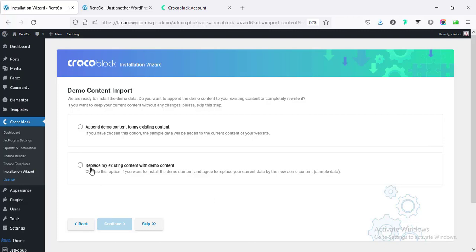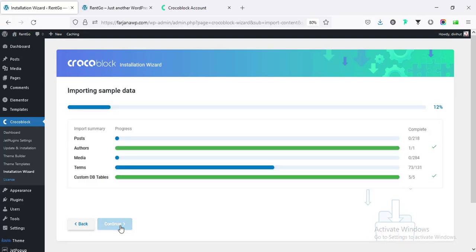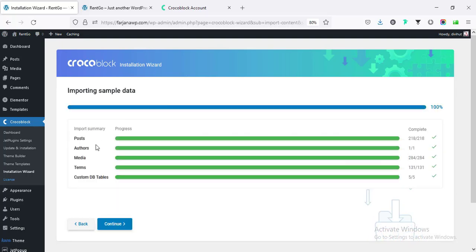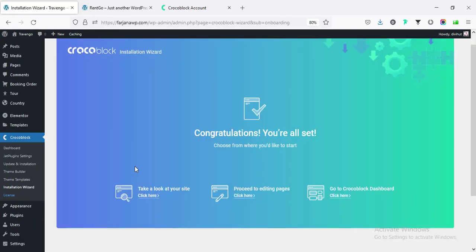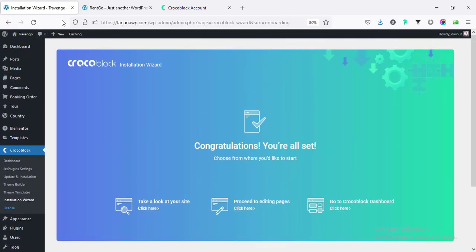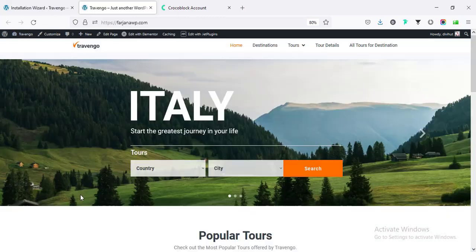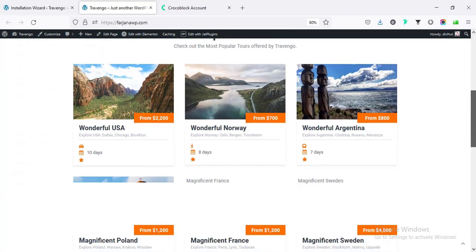Alright, next here is replace my existing content with demo or append demo content to existing content. So this is a fresh installation of my WordPress. I'm going with the first one, continue, and it's importing demo data. Alright, now going to continue, and also this will take some moments. Alright, we are done, and now if I refresh our website, we can see the full template with demo data is fully loaded. If I scroll down,